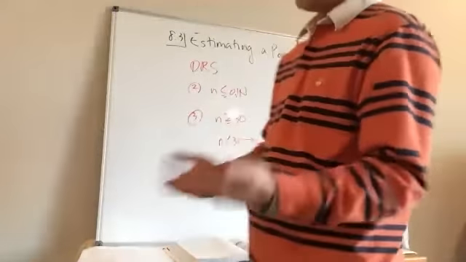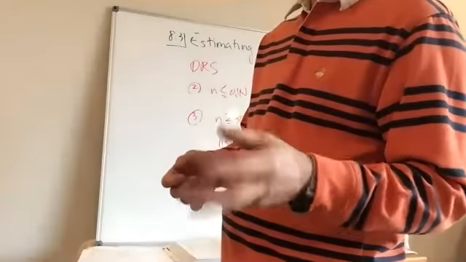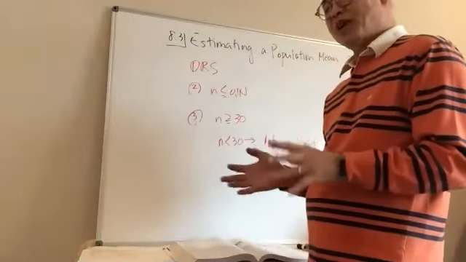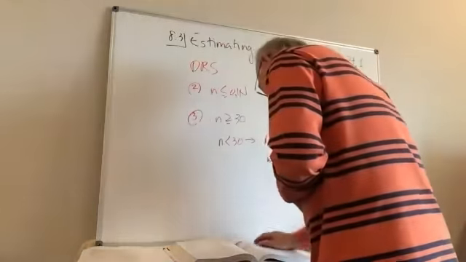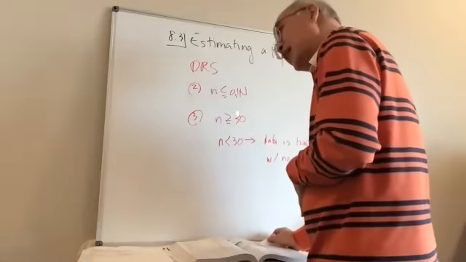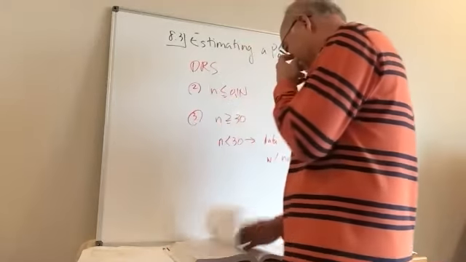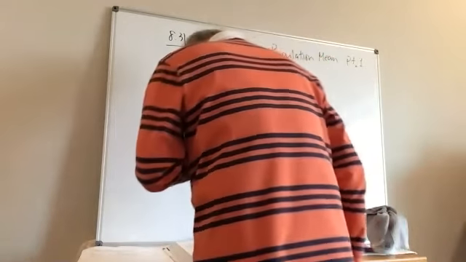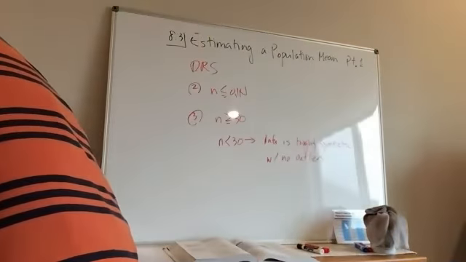I can guarantee you on the AP test, they're not going to give you something that's even close. They're going to severely skew it one way or the other. Okay. So we're going to have to worry about that. I would say that it looks like it's skewed right. I would not consider this to be roughly symmetric. Okay, so there we go. And with that, we are done with the first portion. Okay, so let's go ahead and